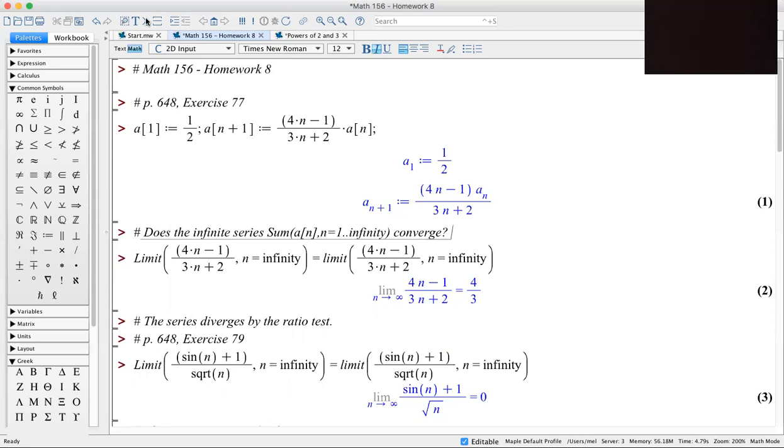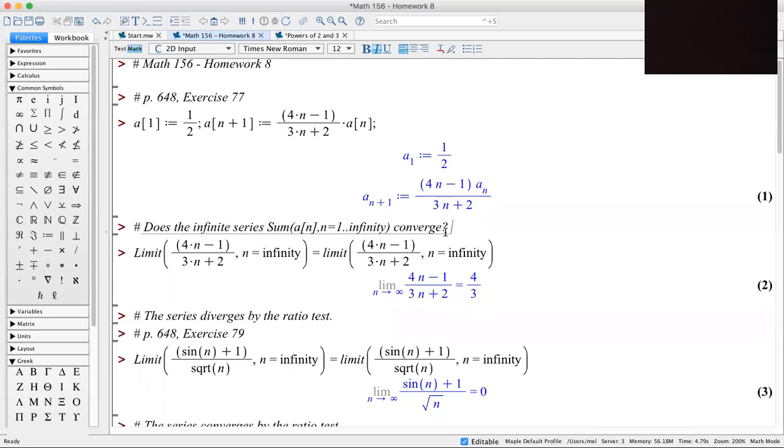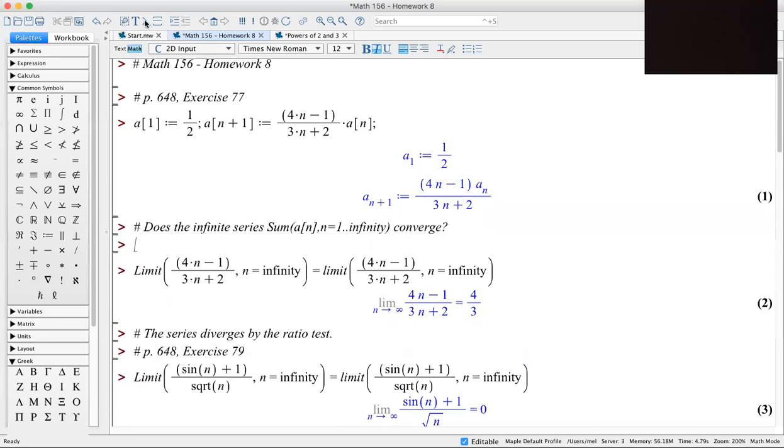We have two tests to determine if a series converges, the root test and the ratio test. In the root test, you take the nth root of the nth term. But we don't know the nth term. What we know is a recursion formula. We're given the nth term, this formula determines the n plus first term. But because of this formula, we see that the ratio of successive terms,